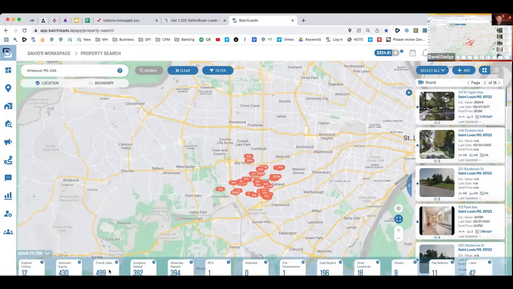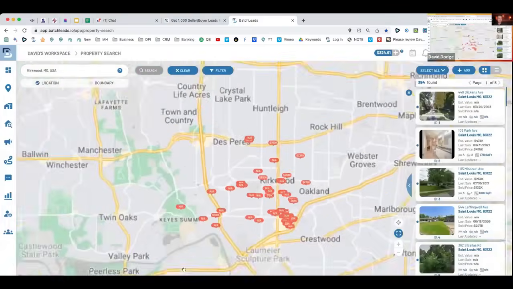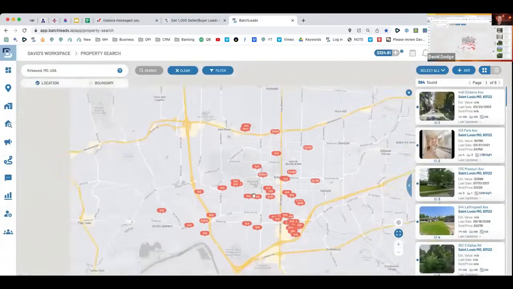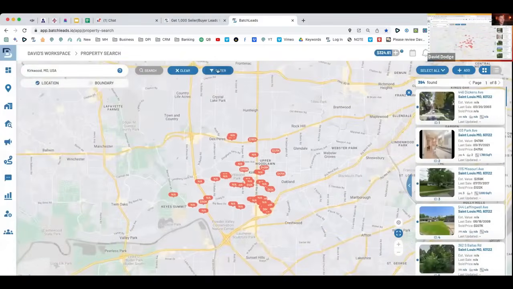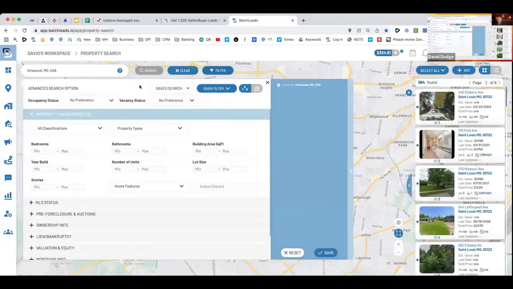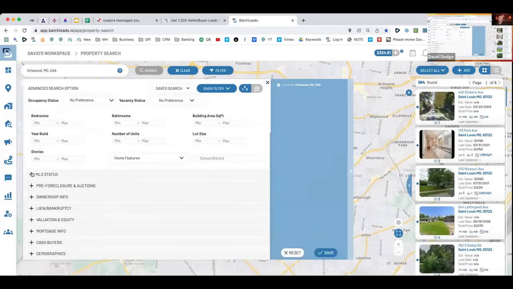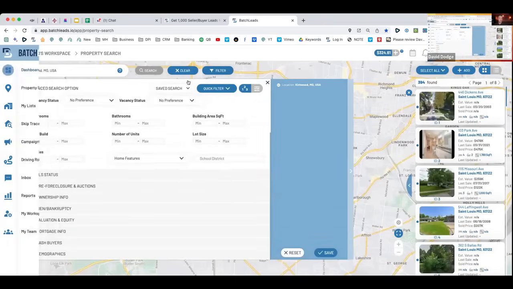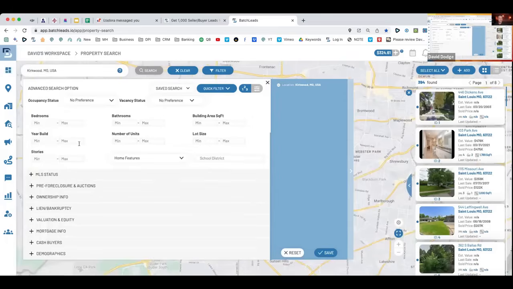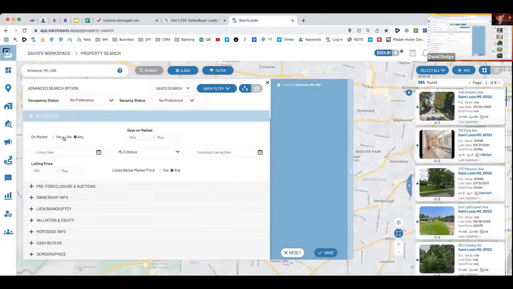If I wanted to see all the free and clear properties in Kirkwood, I'd click here. If I want to see all the absentee owner properties, I'd click right here. Now it's going to highlight all these absentee owner properties. If I really want to get wild with my list pulling, I can go in and select other information. So right now I have Kirkwood selected and I have absentee owner selected. But let's say that I also wanted to say I don't want to market to on-market properties, and I only want to pull properties that have